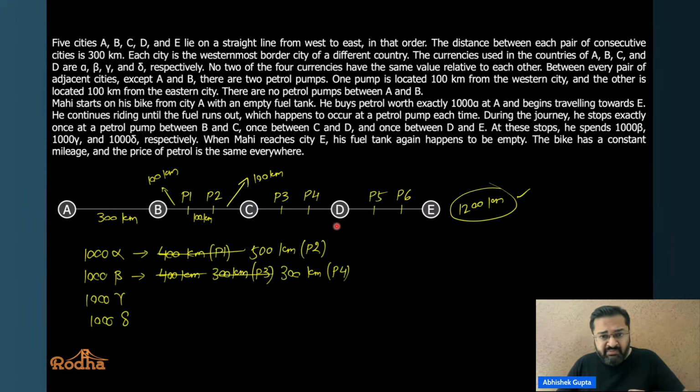Can he stop at P5? It looks like he can. But what is the problem in this? If he stops at P4 and then at P5, this would be 200. This looks fine for now. It looks like it is fine. This is 200. But do you see the problem directly here? When he stops at P5, what distance would be left? This would again be 200. So both become 200 if he stops at P5.